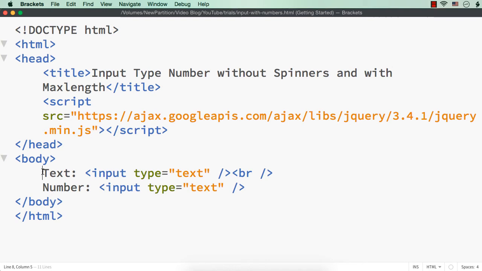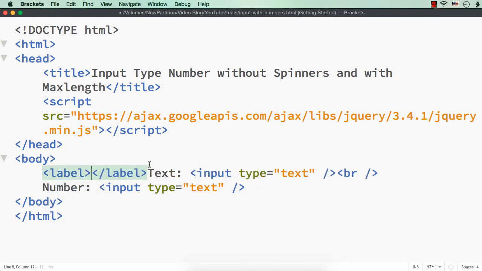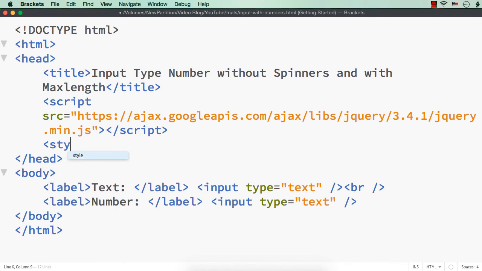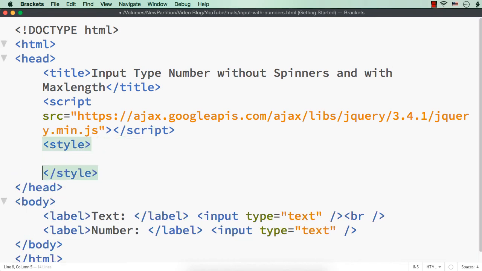Let me add this within label element so that we can increase the size of this text, and this also within label. Now let me add the style section to increase the font size.